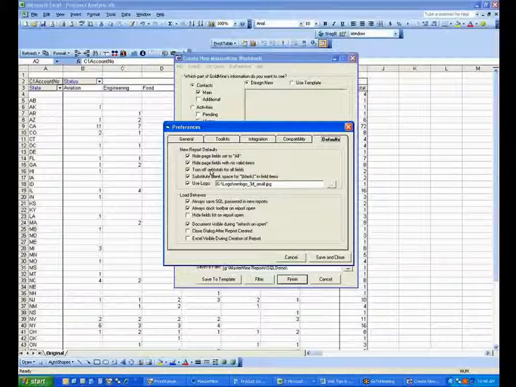Okay. Hide page fields with no valid items. That's pretty straightforward. Let's say you've got a custom, you do a report and